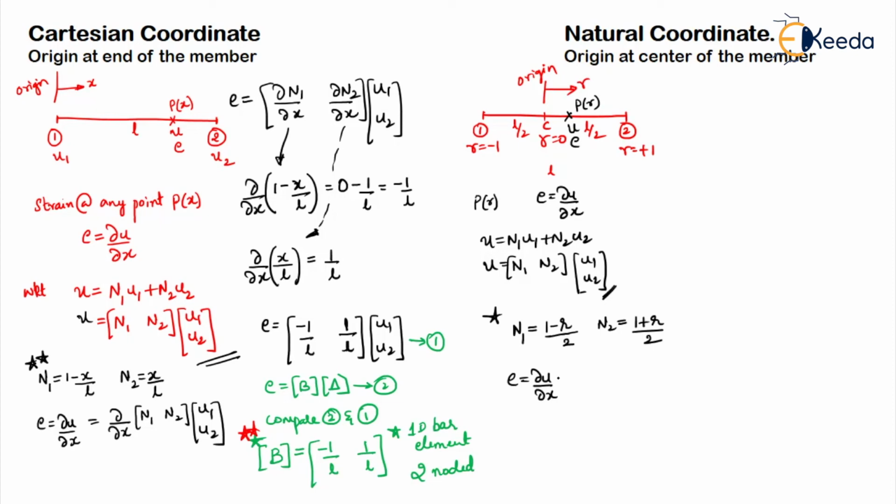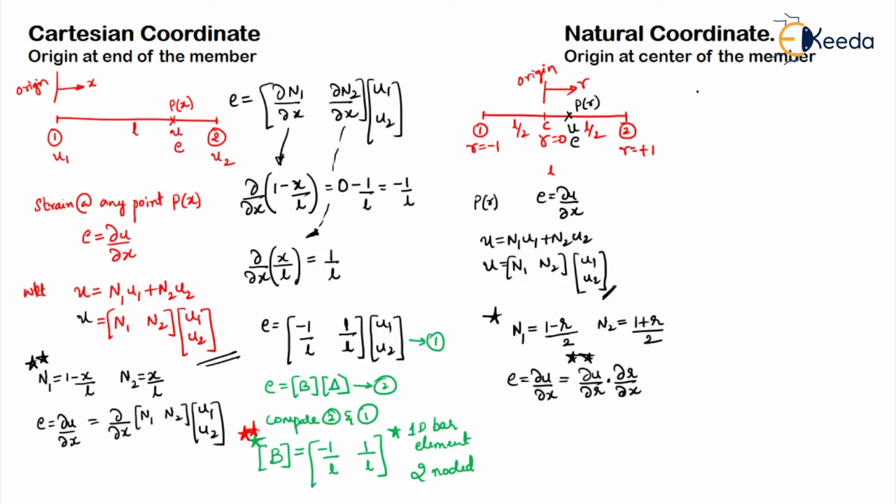See, this is very important here. Now you need dou U by dou X. So what is dou U by dou X? It will be dou U by dou R into dou R by dou X. Here it is slightly different when you're doing natural coordinate system. We have already seen it in the previous lessons, right? Now you need dou U by dou R and dou R by dou X.